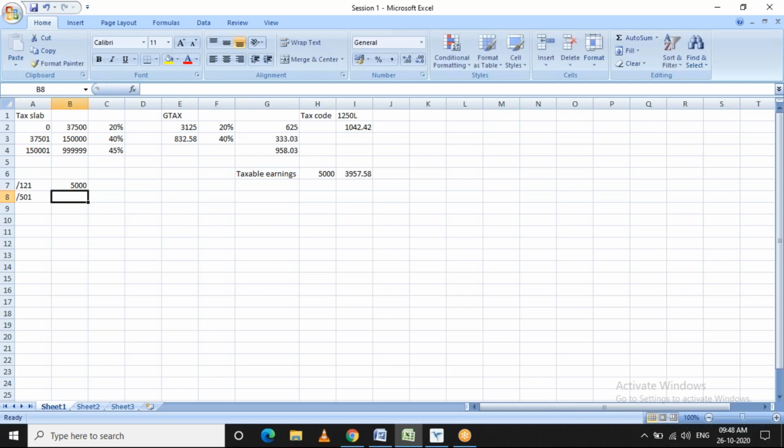Wage type /501 will be generated with this value, and it will be deducted from the employee's earnings. Any doubt in this calculation part?